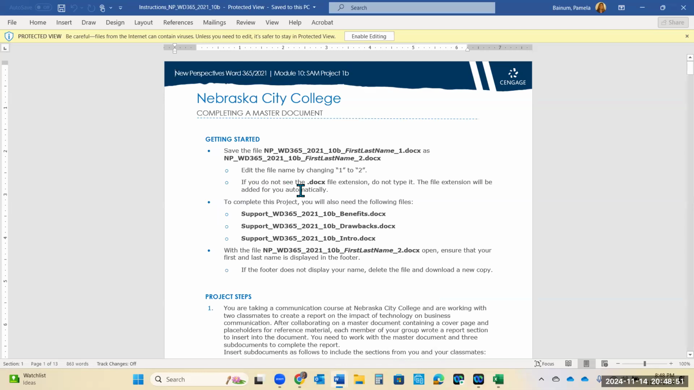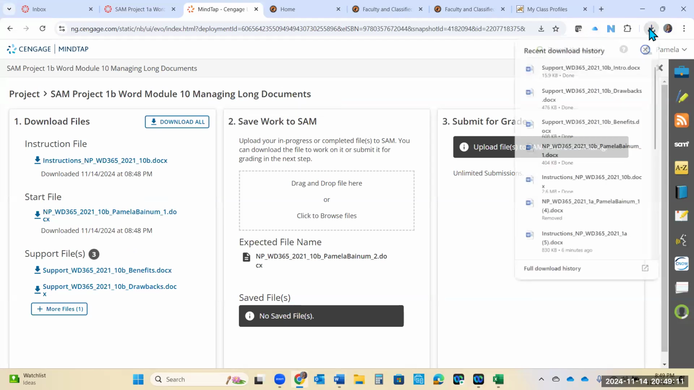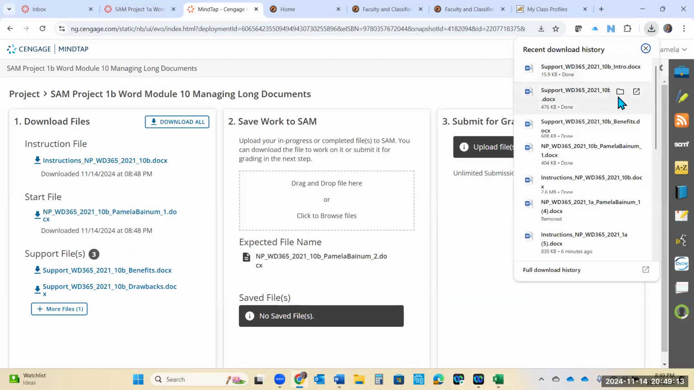And then, of course, we know that we always have to take the number 1 and change it to a number 2 at the end of the file name. Well, there are times when for some reason the file name will not be accepted. So I want to show you kind of a workaround for that. So I'm going to actually go back over to the upload page, and I'm going to open up